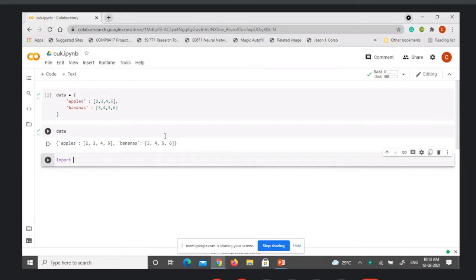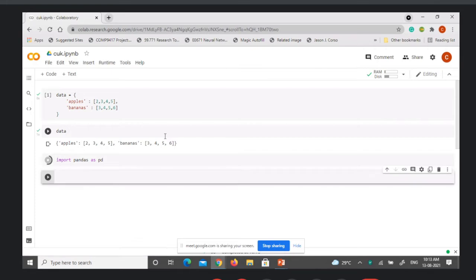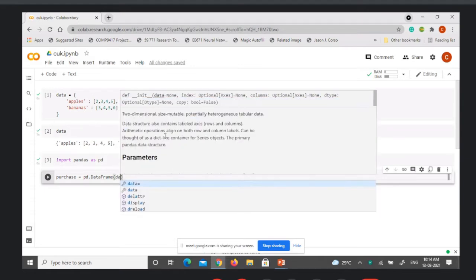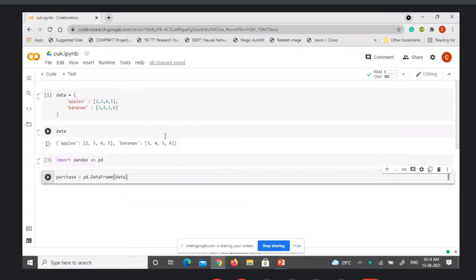we need to have the pandas object. So we'll import pandas into the Google Colab, and then we'll say, let us say, purchase equal to pd dot DataFrame, and to the data frame we pass the data whatever we have created.